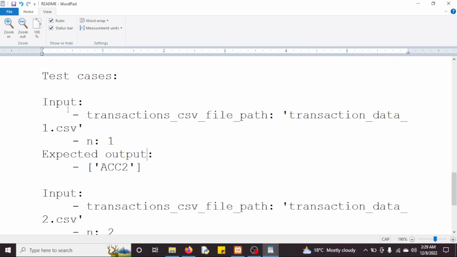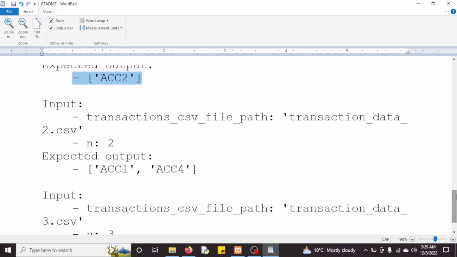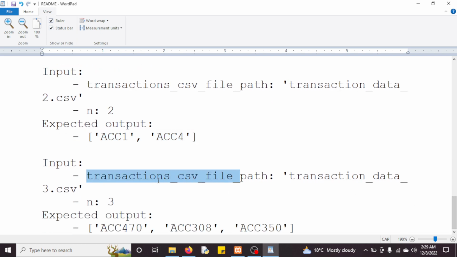For example, they are giving you an example. If you give the path to be the first file, then we expect to get this one as the best customer. If we say one customer, so if we give this one, CSV path 2, I think, as the path of the data that we are checking, then we get this one to be the name. And third, if we give the path to be this one, then we expect this one to be the result.